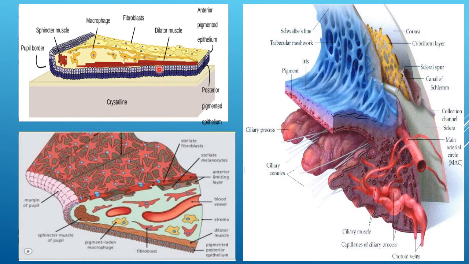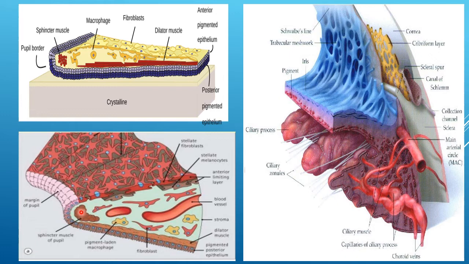Next here you can see the dilator pupillae, which is actually the extension of the myoepitheliocytes from the non-pigmented epithelium of the iris, and more posteriorly is the pigmented epithelium of the iris. Again, here you can see the anterior surface margin, which, because of interdigitations and irregularly arranged collagen fibers, gives the rough appearance at the anterior border of the iris. Then it is highly vascularized, with melanin pigments and fibroblasts.